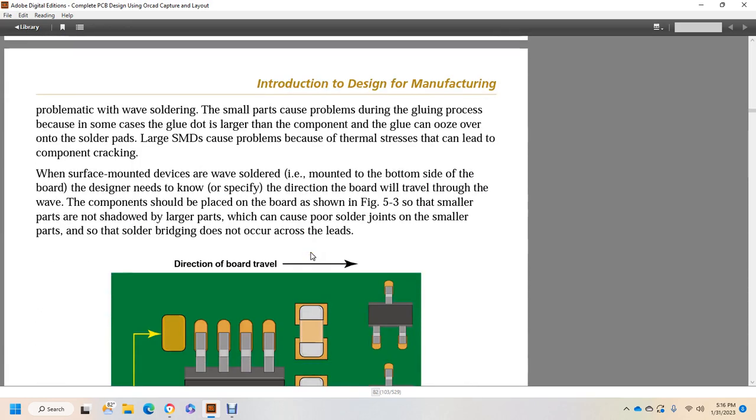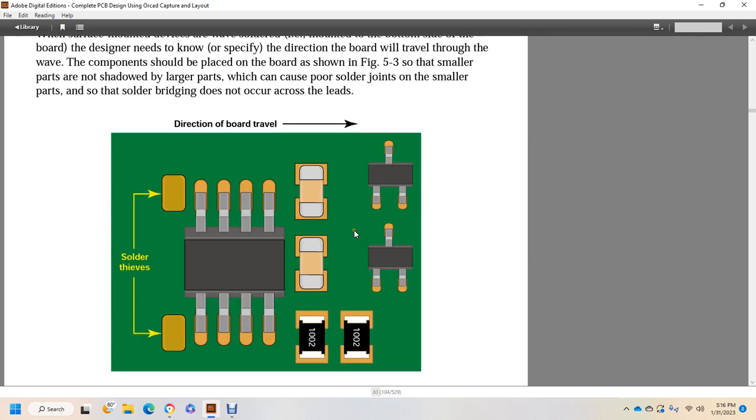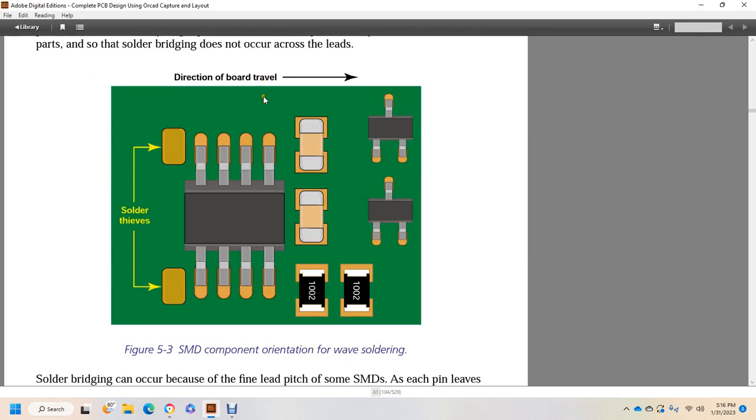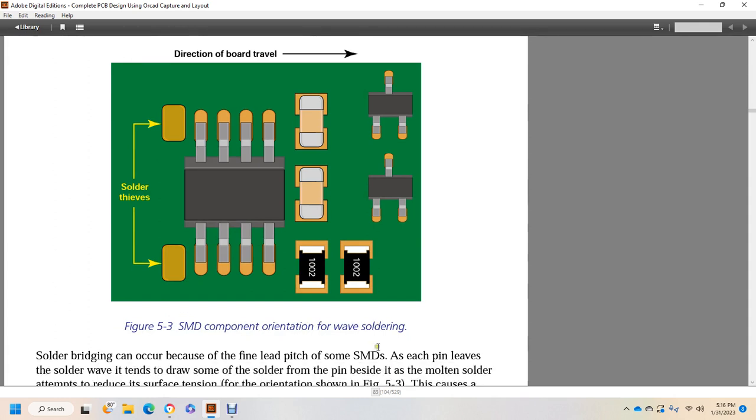When surface mounted devices are wave soldered on the bottom side of the board, the designer needs to know the direction of board travel over the wave, so the components can be placed properly on the board. Figure 5.3 shows smaller parts not shadowed by larger parts, which can cause poor solder joints on the smaller parts, so the solder does not wet across the lead. This shows the direction of board travel